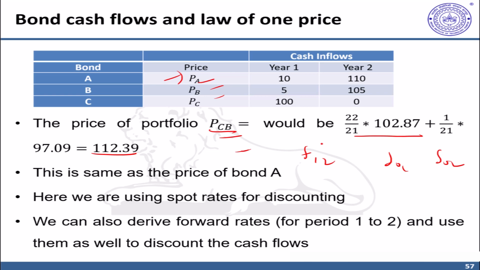To conclude, in this video, we implemented the arbitrage argument across the three bonds A, B, C and the bond portfolio of B and C. We found that the prices are similar, which is in agreement with law of one price. That is, if two assets have similar cash flow profiles and risk, their prices should be similar. Now, in this case, since they are the same, there's no arbitrage opportunity. But had it been the case that one of them was higher than the other in a relative manner, then there would have been an arbitrage opportunity. The asset that would have been overpriced, people would sell that, and the asset that was underpriced, people would buy that. And because of this demand supply change, these prices would realign and come back together. This is our typical arbitrage argument.